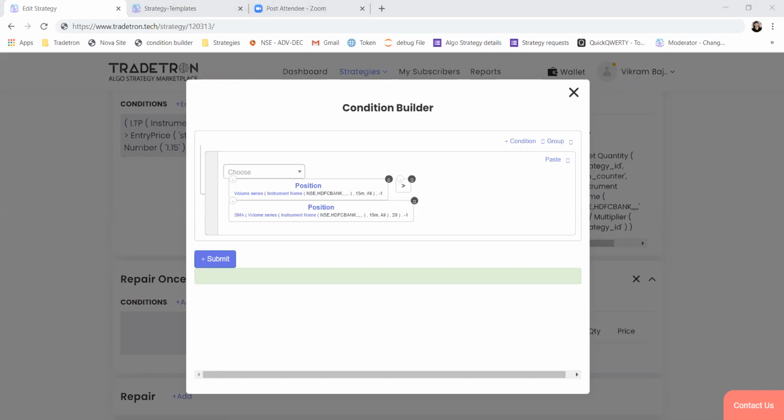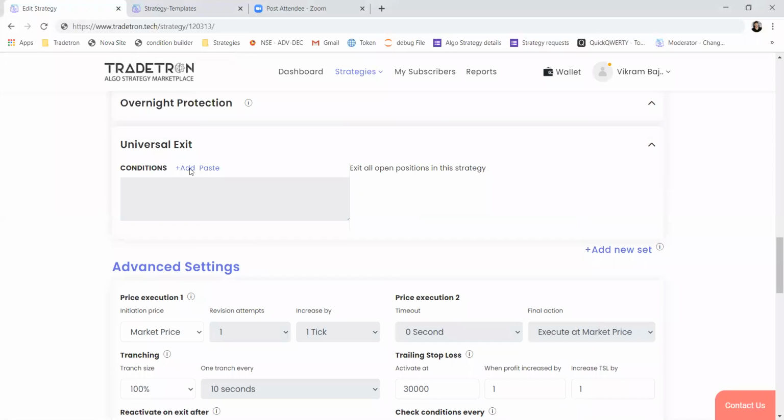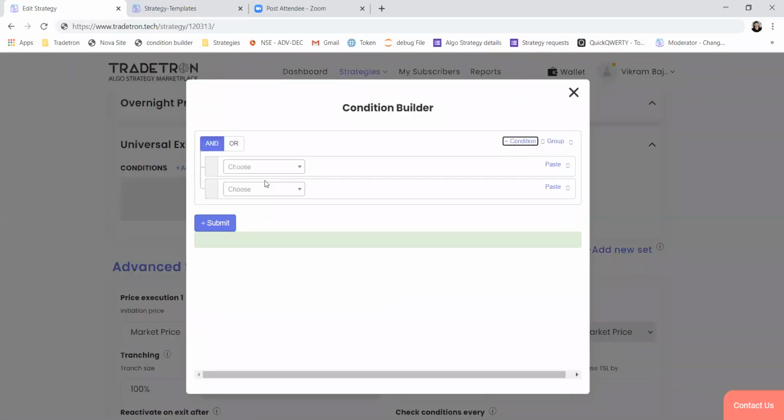Okay. In universal exit, how do the AND and OR conditions work? Please explain with an example. So universal exit basically is a condition block. If you want multiple conditions or multiple rules to be true to make the universal exit true, let's say I'm selling a straddle or buying a straddle and I want to exit on the day of expiry.